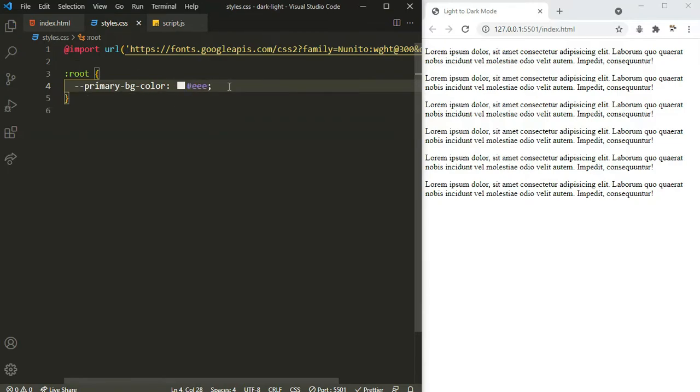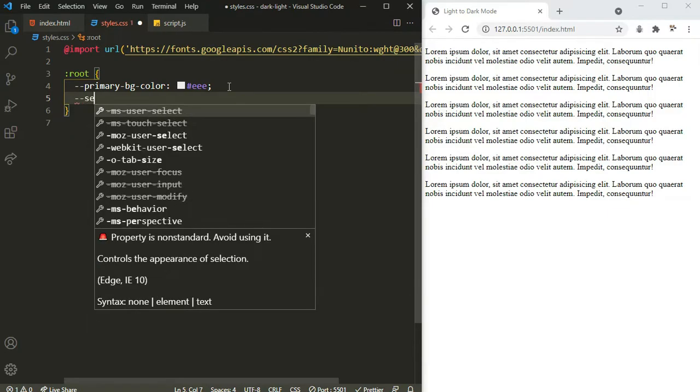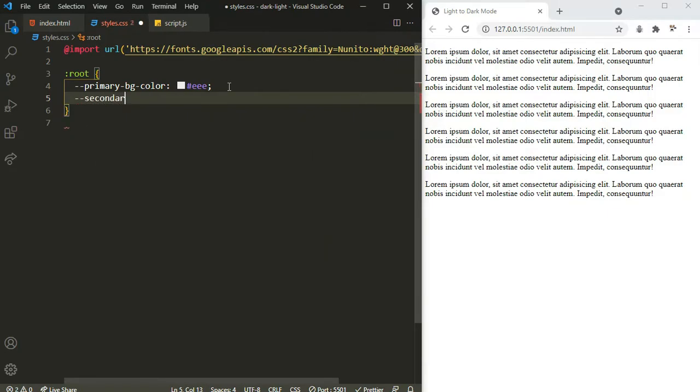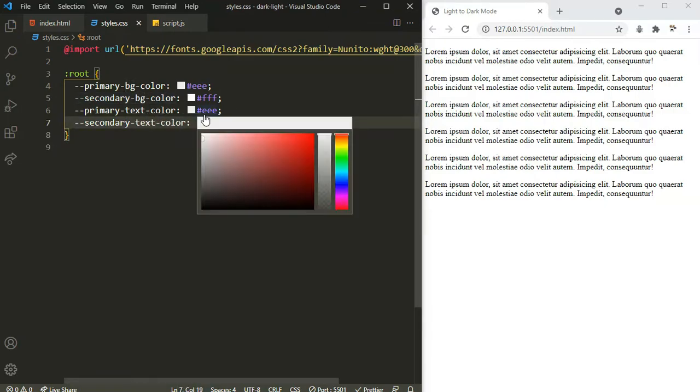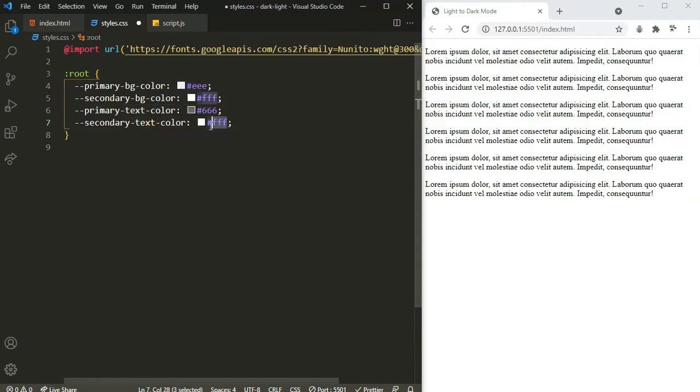And let's set another variable for secondary background color, and let's set it as white for now. Okay, we are gonna need 2 more variables. That's going to be primary text color and secondary text color. The values are not going to be the same. Let's change them, a little grayish, and this one also a shade of gray.